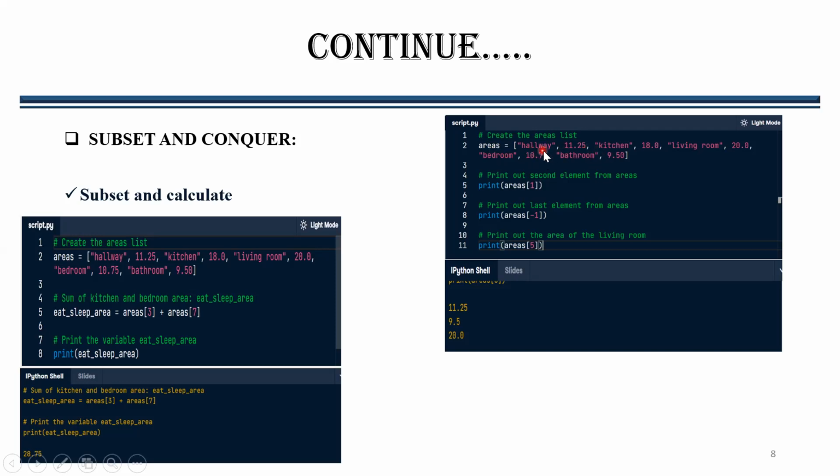Hallway is the element having value 1, 11.25 is the value of the hallway, and it is the element 2, kitchen element 3, 18.0 element 4, and so on. So zero indexing means we will use 0 for hallway, zero index. 11.25 is index 1, kitchen is 2, 18 is 3. So